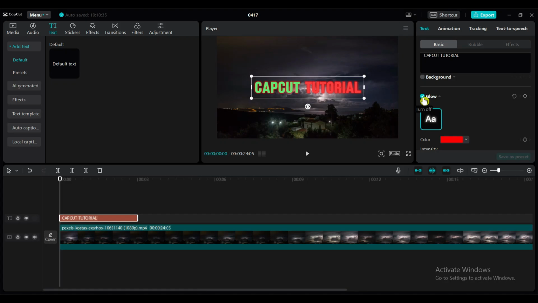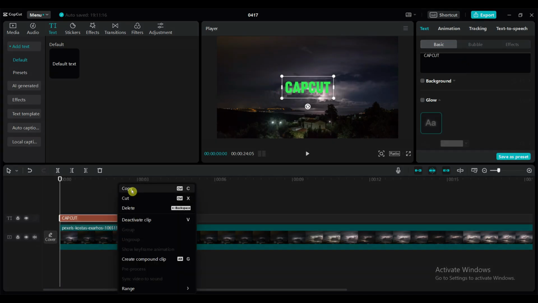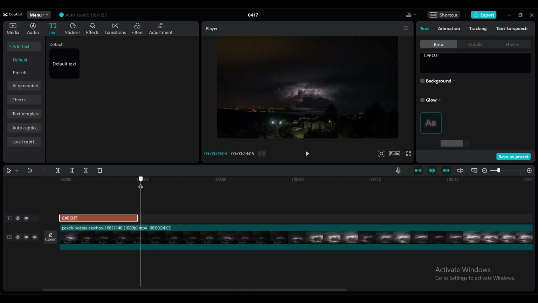But here's the issue. CapCut allows only one glow color for the entire text. I want green glow for the green text and red glow for the red text. To solve this, we'll use multiple text layers. Copy and paste the text to create a duplicate,